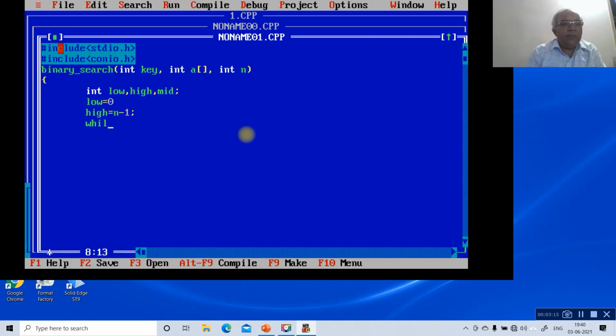Then while low is less than or equal to high, enter the loop, mid equals (low plus high) by 2.